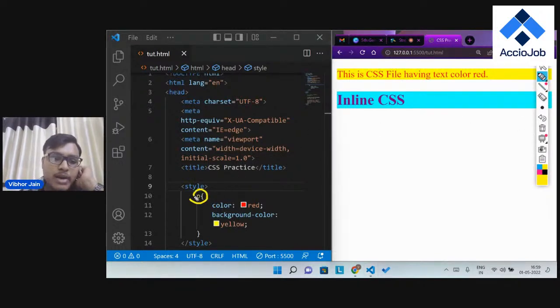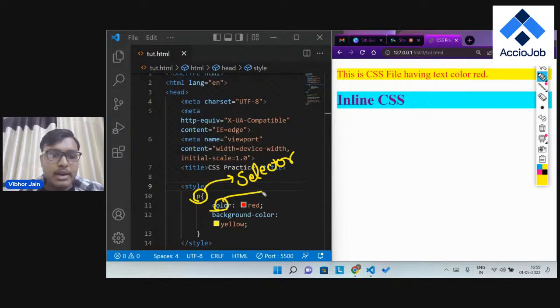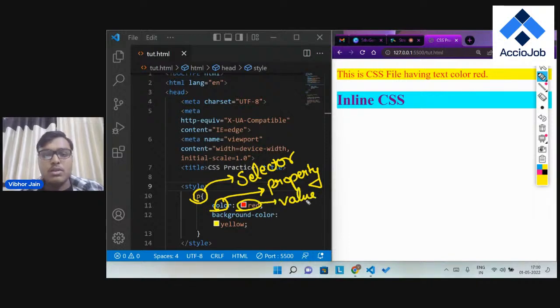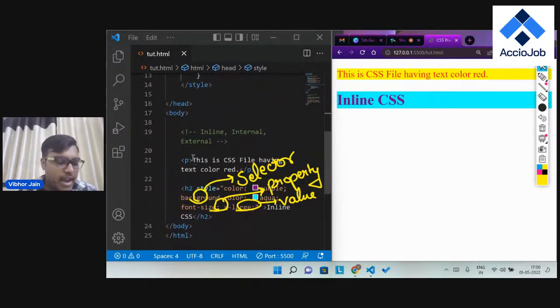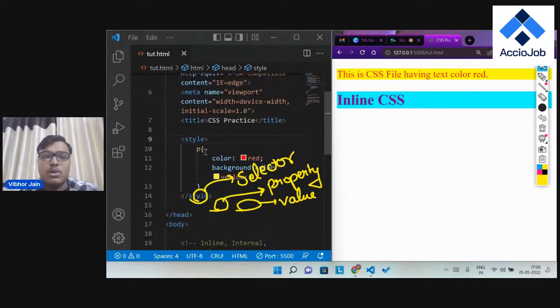So this P is known as the selector. Okay, this P is known as the selector. This color part is known as the property, and this red part is known as the value. So when we were learning it here, we had property as well as value. Here we have